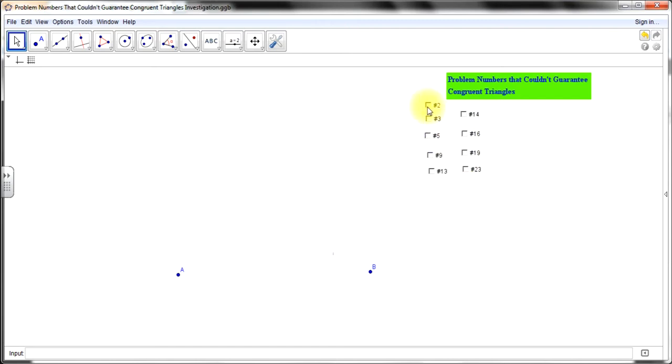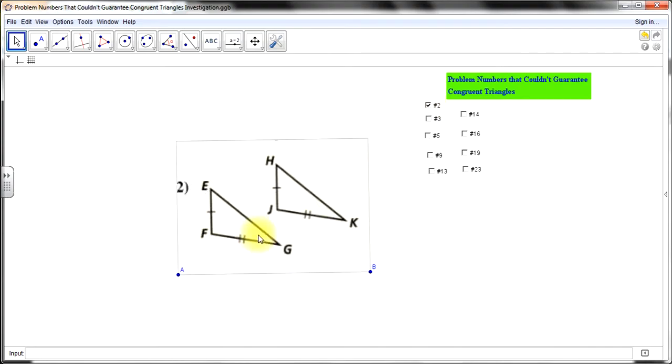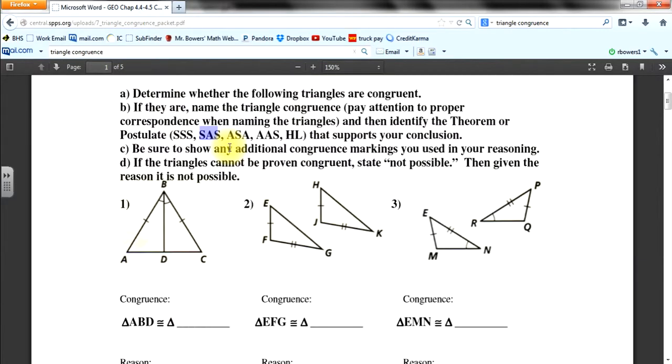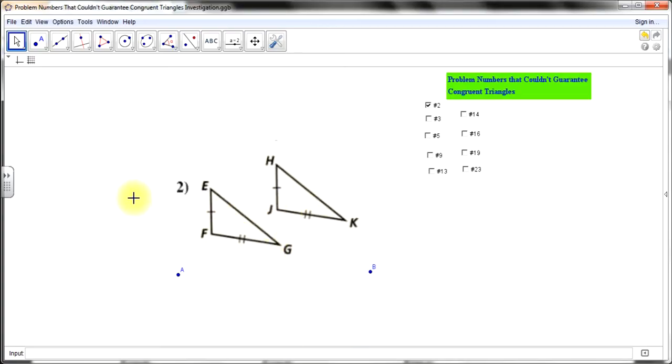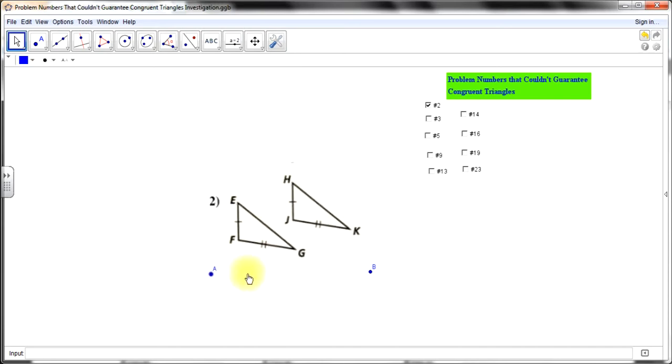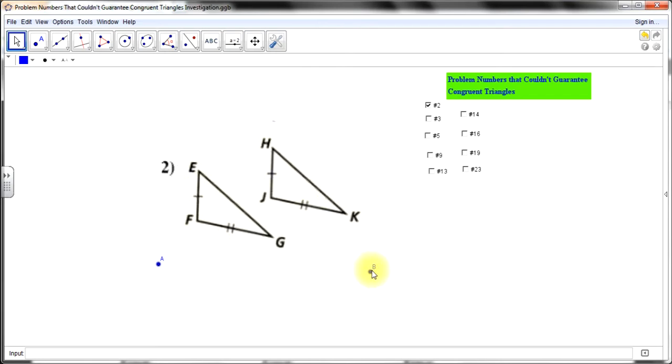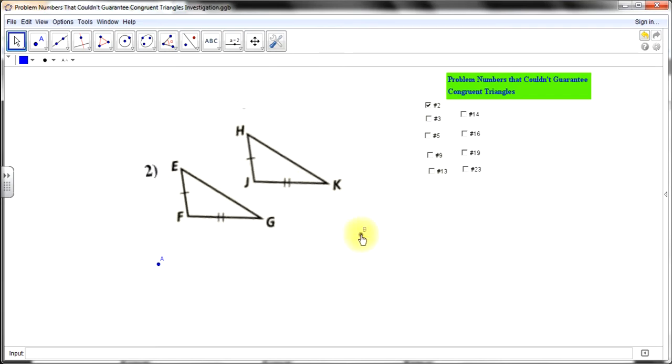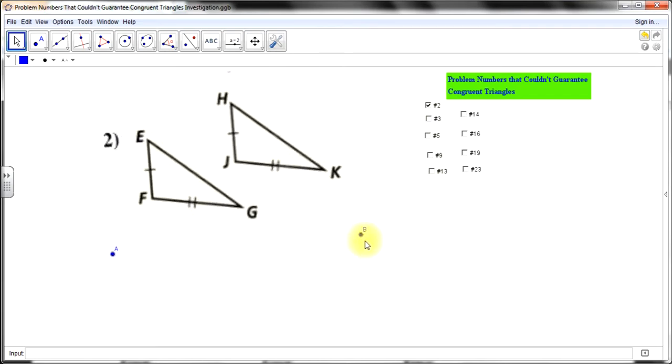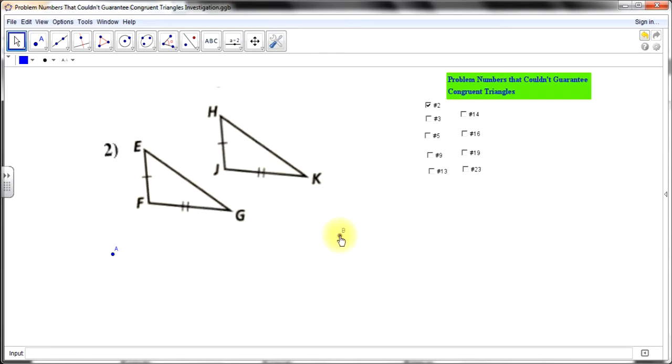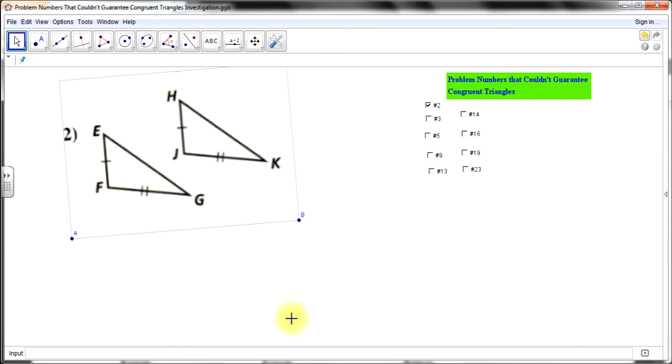And if you click the checkbox, it's going to pull up the exact problem. Right? Like here's number 2, and it looks just like number 2. I just took a screenshot of the problems and put them on a GeoGebra file. Okay, so you can change the size of your picture if you want bigger or smaller, whatever, by moving these points A and B. A and B define the corners of this picture. So what I would do is this: get your pictures so that they're big enough so that you can see